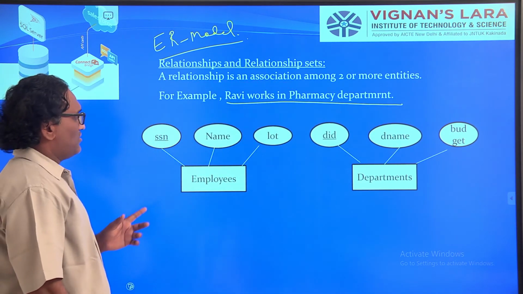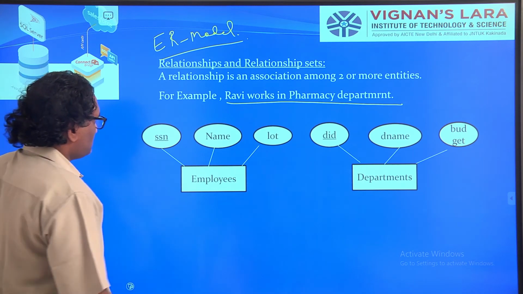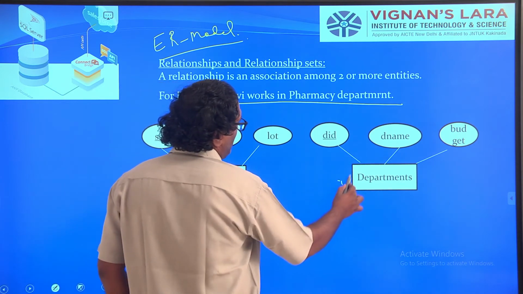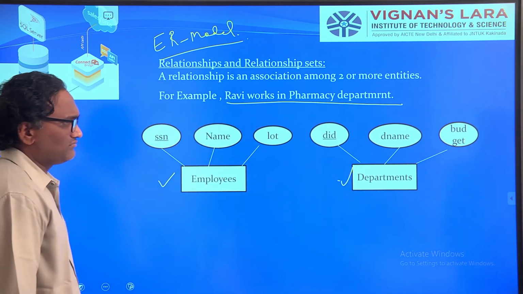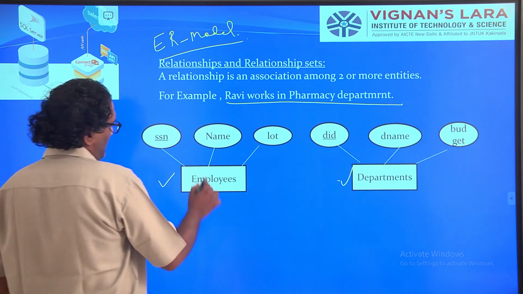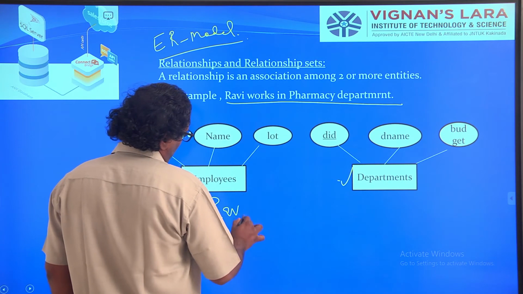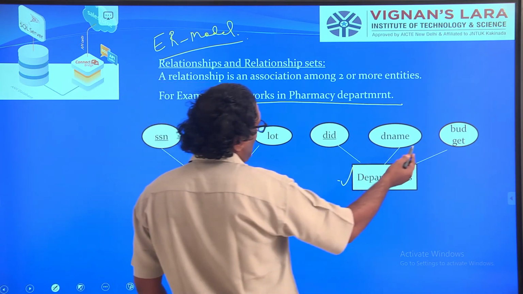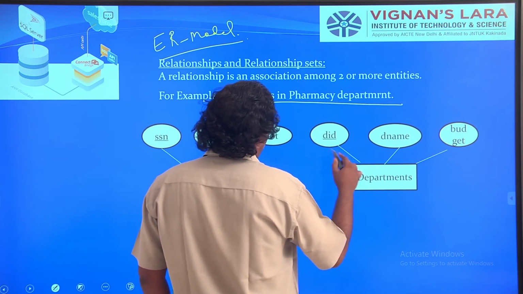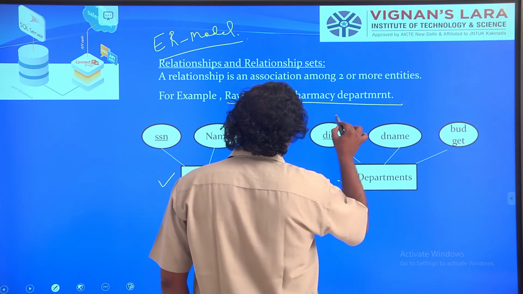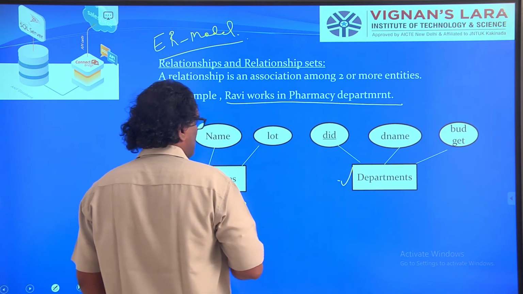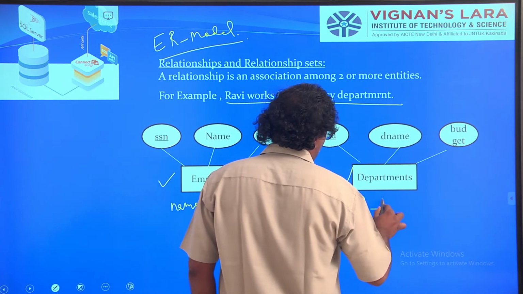There is a table called employees. There is also a table called departments. Here we have an employee with the name Ravi. Here the department is specified, suppose the pharmacy department. Ravi works in department ID, suppose pharmacy.